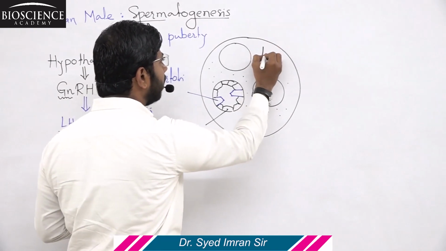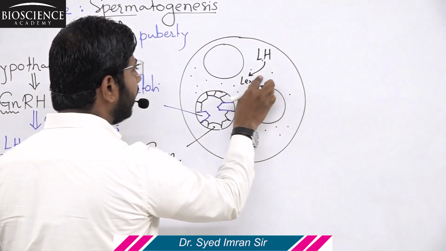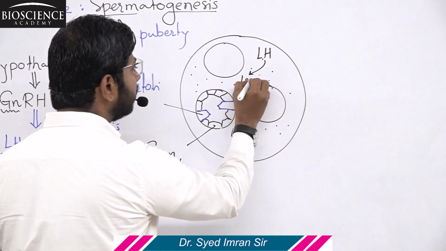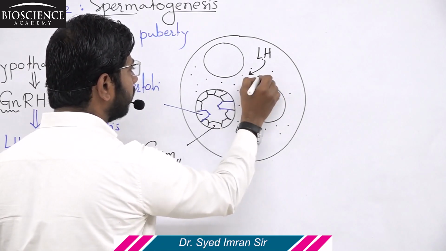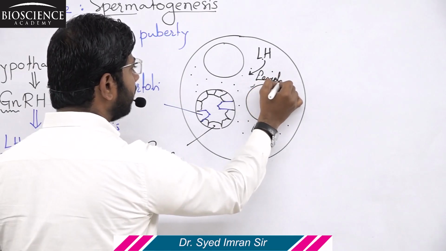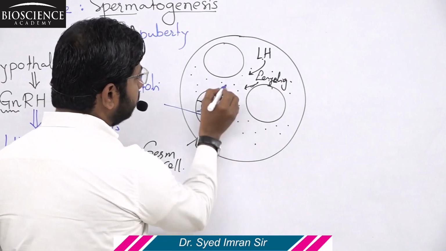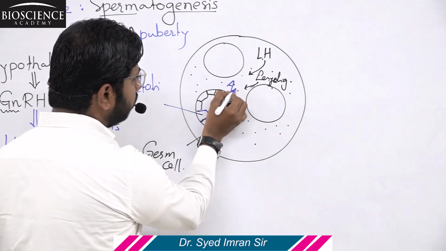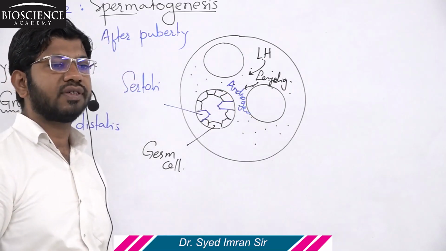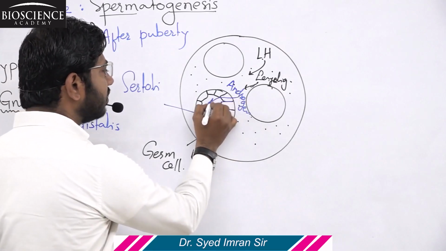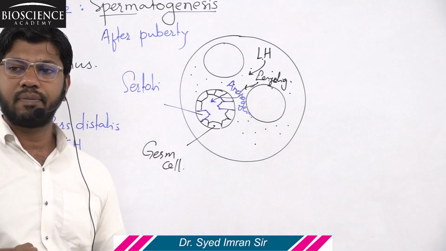When LH comes through the blood vessels and strikes the Leydig cells, the Leydig cells start to produce the hormone androgen. Androgen is a group of hormones including testosterone. When Leydig cells produce androgen, it directly enters the seminiferous tubule and induces the male germ cells